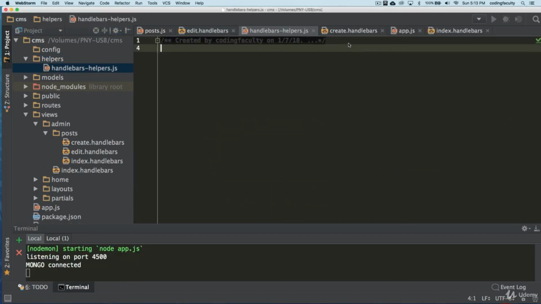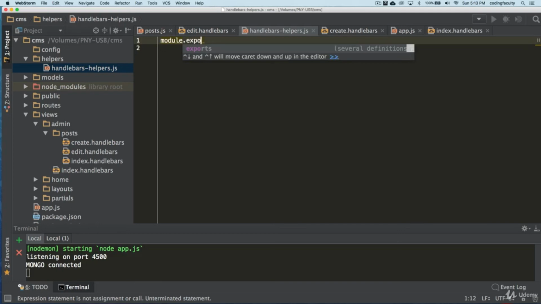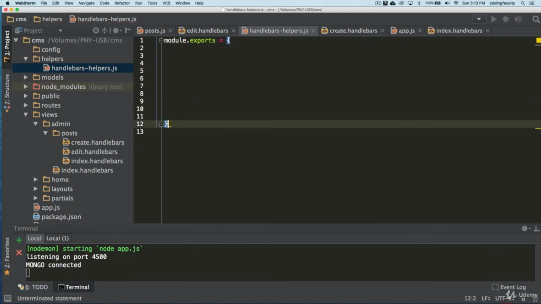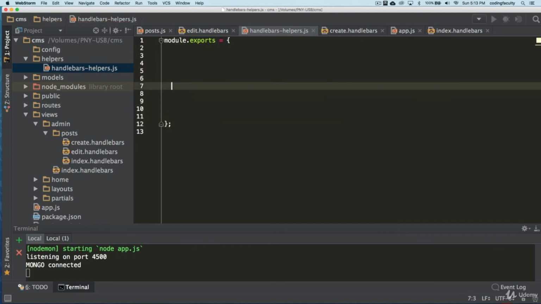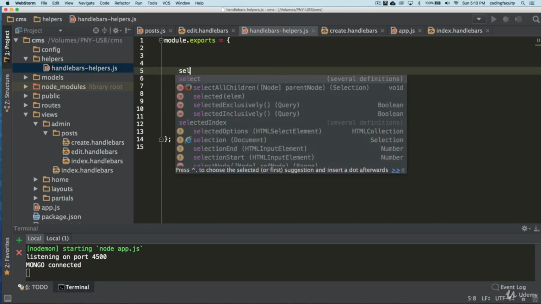And this is just going to export whatever we do here. So we can do something like this at the top and export a big object like that and just fill it in with properties. And this is how we do it. And we're going to have a function called select here.